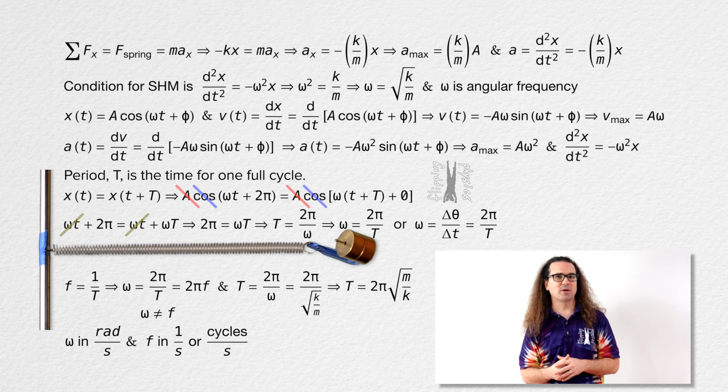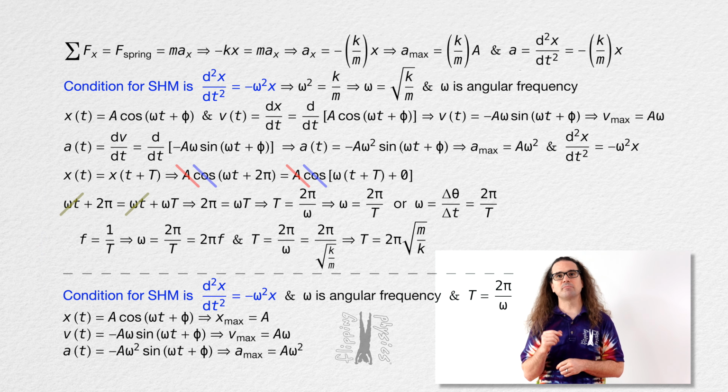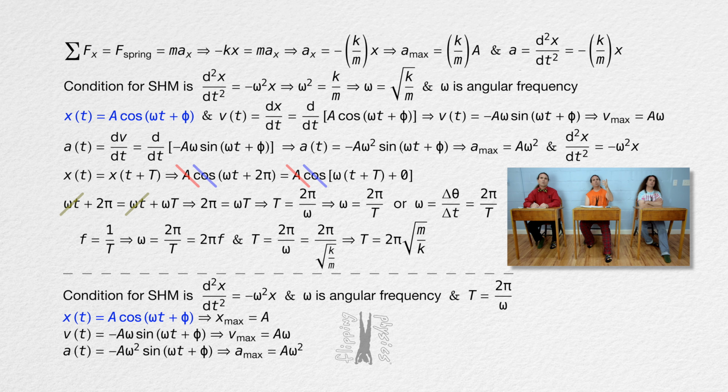The main takeaways from today's lesson are that the mathematical condition for simple harmonic motion is the second derivative of position with respect to time equals the negative of angular frequency squared times position. Period equals 2 pi over angular frequency. One position equation which satisfies the condition for the position of an object in simple harmonic motion is position equals amplitude times the cosine of the quantity angular frequency times time plus phase constant. Mr. P, why do you say it like that? One position equation which satisfies the condition for position of an object in simple harmonic motion is that equation.